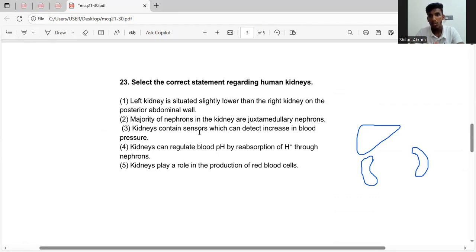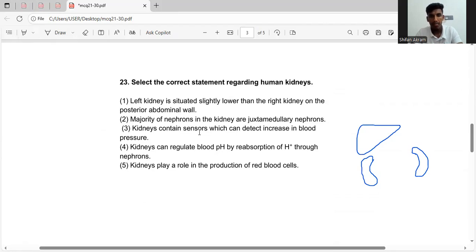In the juxtaglomerular apparatus, or in other words, the JGA, we have sensors, but do they detect an increase in blood pressure? I hope you remember the renin-angiotensin-aldosterone system, or the RAS system. The RAS system detects low pressure, not high pressure. So due to detection of low pressure in the kidney,